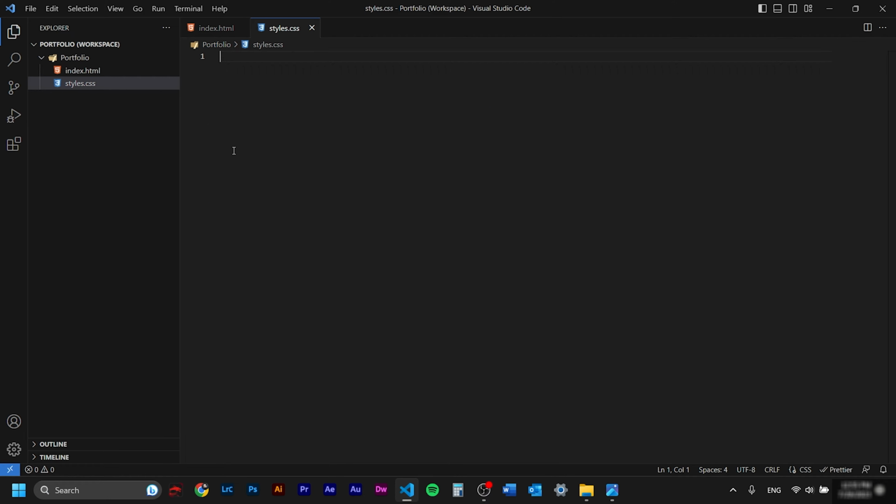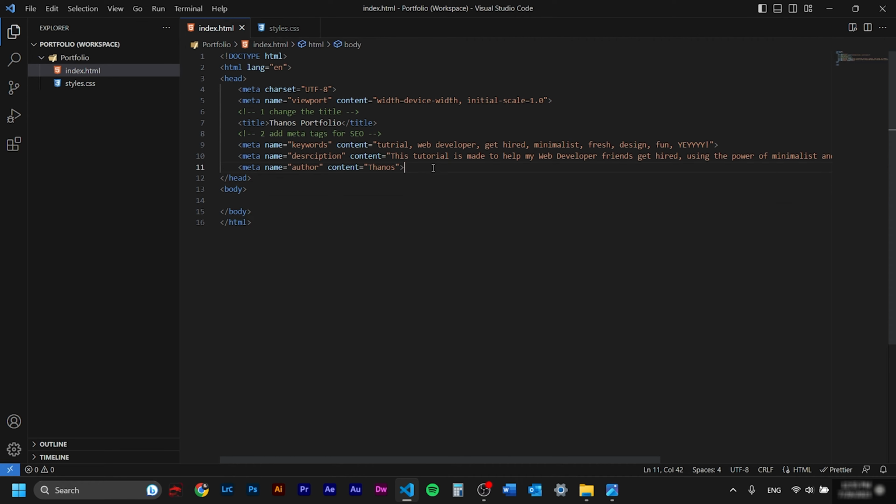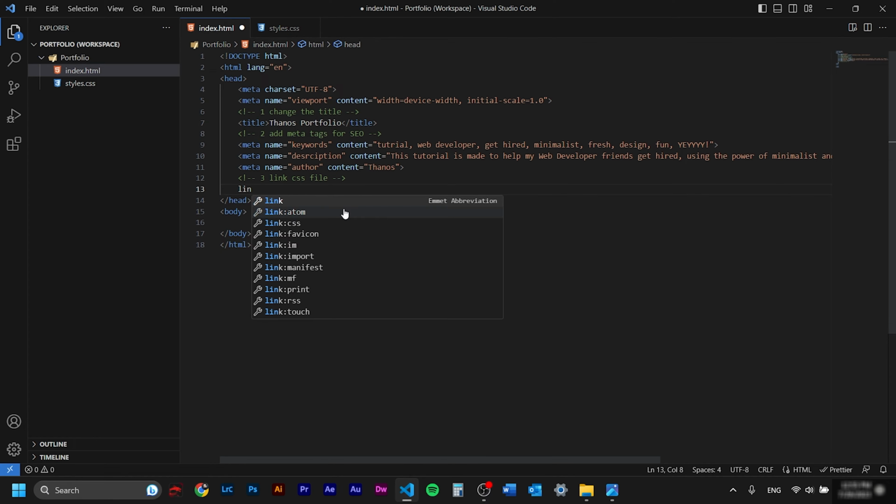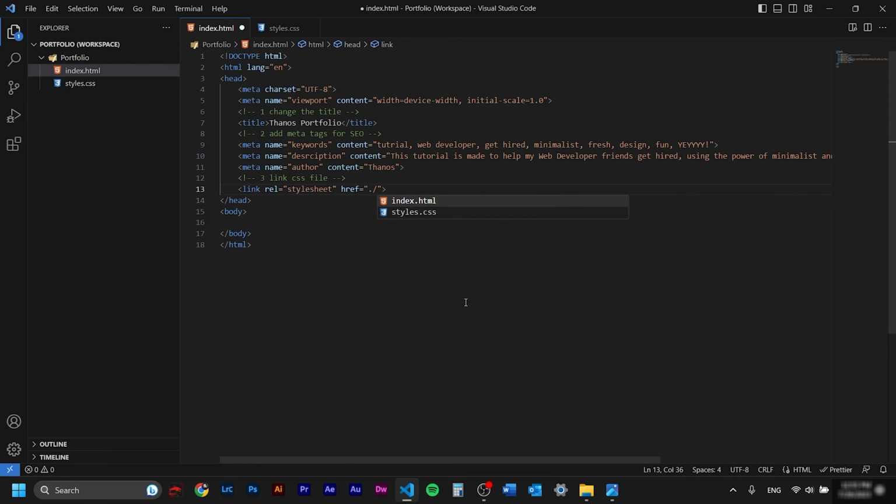styles.css. So we have the CSS ready, it's empty at the moment, we're gonna start writing inside it soon, but next thing we'll have to do is go back to HTML and link it so they communicate properly. Let's write our third comment, link CSS file, Control K, Control C. As you're trying to write link, you can press tab and it's going to autofill all these sections for you. So here by pressing dot and slash, it's opening all the available files for us, and just by clicking the one we need, it's going to autofill it. We just have to add one more section here, which is type, and we add text/CSS.